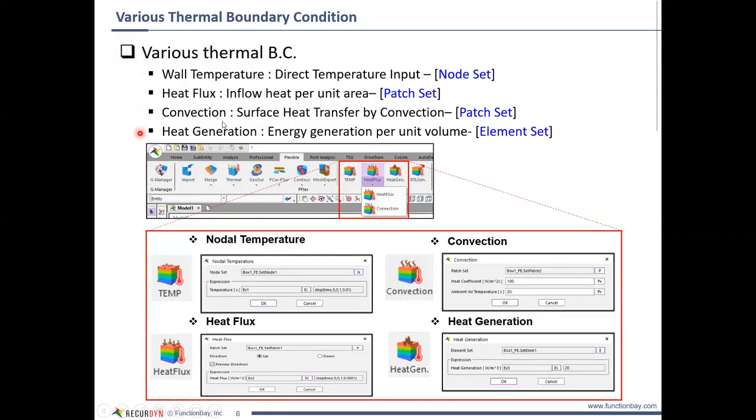So these are the actual boundary conditions and the types of objects you can apply them to. So first off, the wall temperature. You directly specify temperatures at a node over time, right? And then there's an actual heat flux. This is going to be applied to a patch set, and this is what I'm going to show in the interactive demo portion. And this will be watts per meter squared, or millimeters squared, whatever